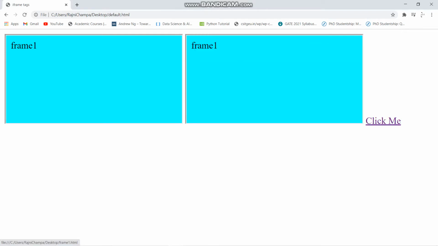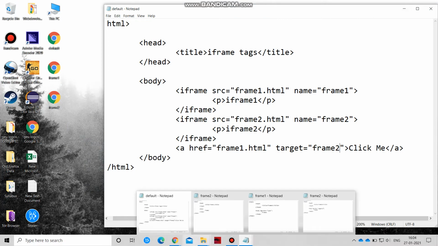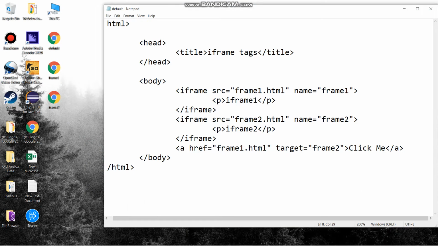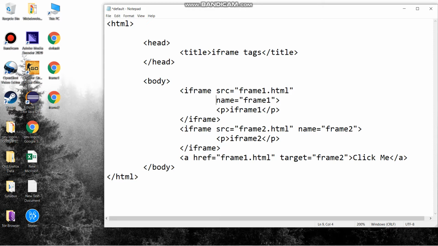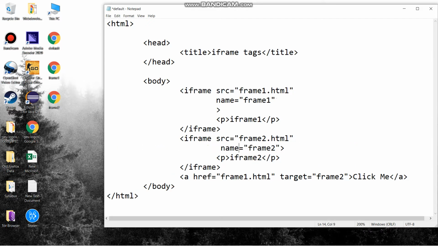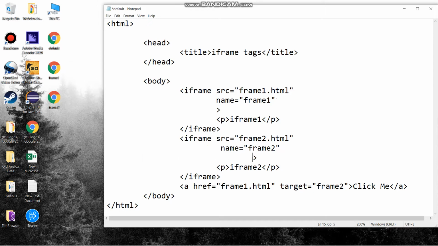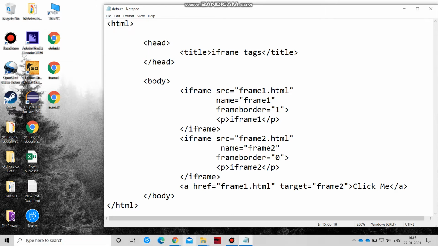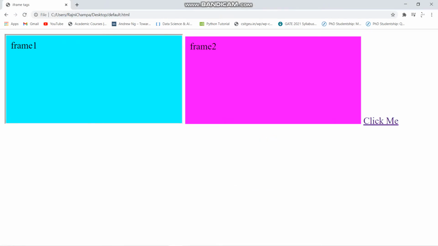Simple thing. So there are a number of attributes for the iframe tag. So first, as you have seen, is the name. Now what I will do is show you some attributes we can use in iframe. So we will write here frameborder for the first iframe, that equals to 1, and similar thing I am copying and pasting in the second iframe. I will give frameborder equals to 0. Now we will open this. Yeah, now you can see the border has been wiped from frame2.